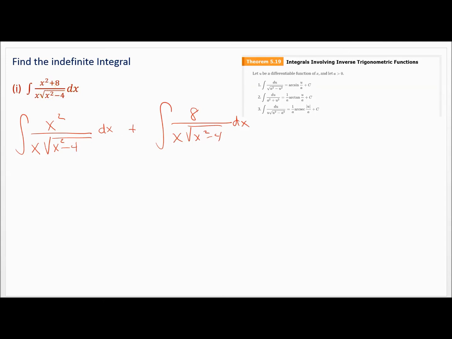Now, will that give us what we need? Well, what I do notice is right here, these two guys will simplify. So that gives me an x on top. So now I have the integral of x over the square root of x squared minus 4 dx plus 8 over x square root of x squared minus 4 dx. Now, did that help? Well, for this particular integral, just this integral alone, I can do a plain old u